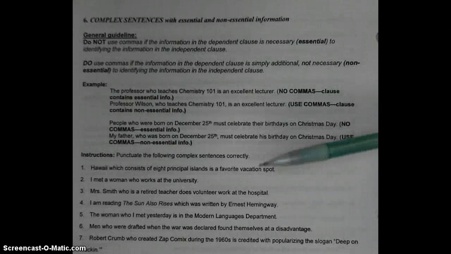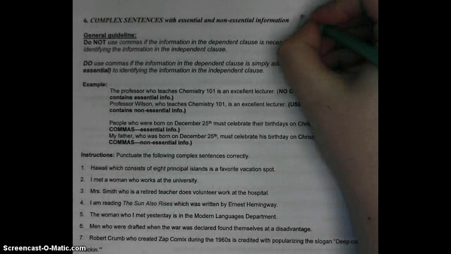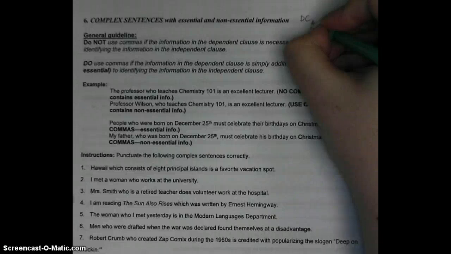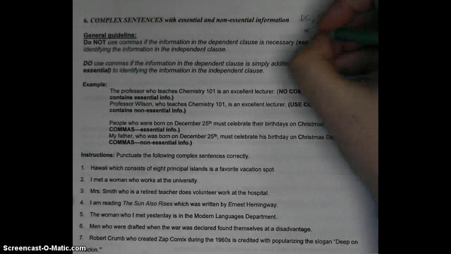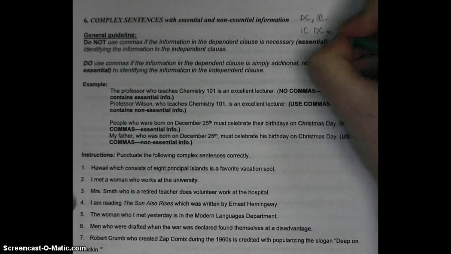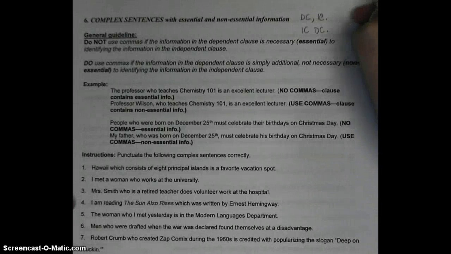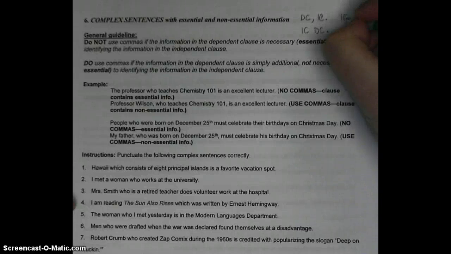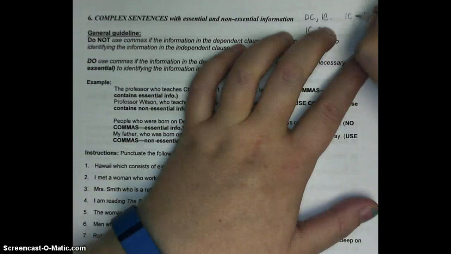Let's review really quick our 3 formulas because that'll help us as we look to punctuate correctly today. The first type of formula is dependent clause, comma, independent clause, period. If the dependent clause is first, we usually need a comma in between. If the order is reversed with the independent clause first and the dependent clause second, we usually do not need the comma. Our other is when we have the independent clause and the independent clause, but it is interrupted by